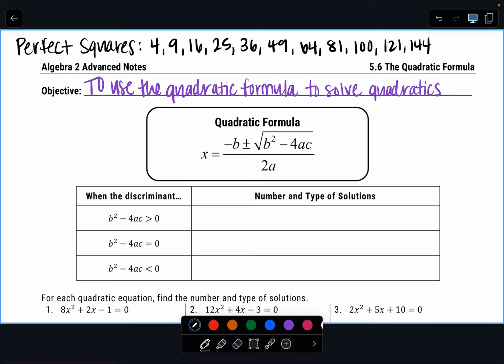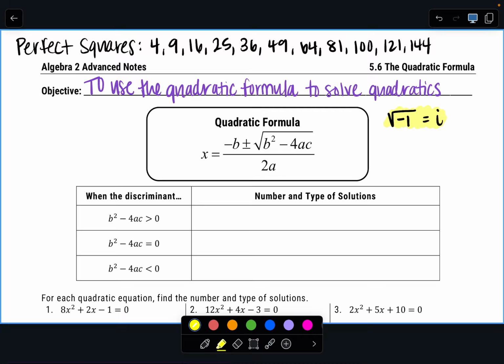Now, the next thing that's important to remember, at least for today, we're not going to get too much into the i squared, the i cubed stuff that we did last time. But you do have to know, if you have a square root of a negative number, that is always going to produce an i. So that is something that we will be using in the quadratic formula. Now, the quadratic formula itself, with the x equals blah, blah, blah. What this is doing is giving you a solution to a quadratic equation. Now, this is something that can be used in any case, but if factoring doesn't work, generally the quadratic formula